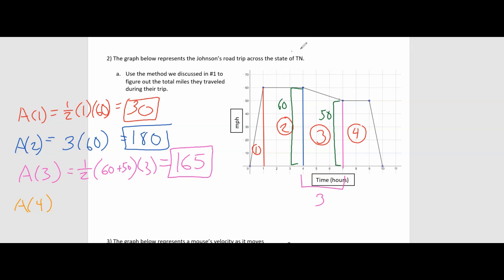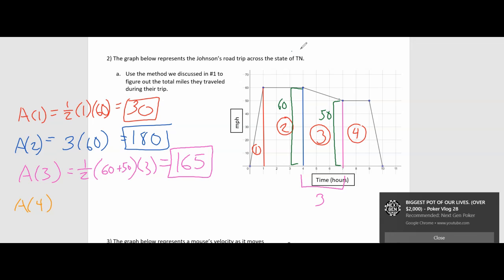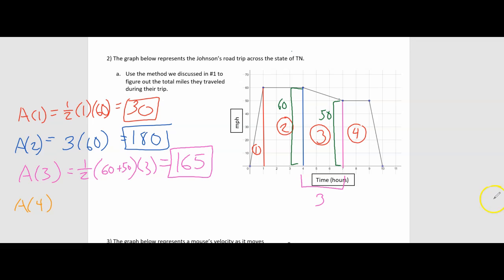This time my two bases are the horizontal segments. So we're going to have 1/2 times a quantity of 3 plus 2. And then the distance between the bases, or the height of the trapezoid, is 50. So if I multiply those together, that gives me